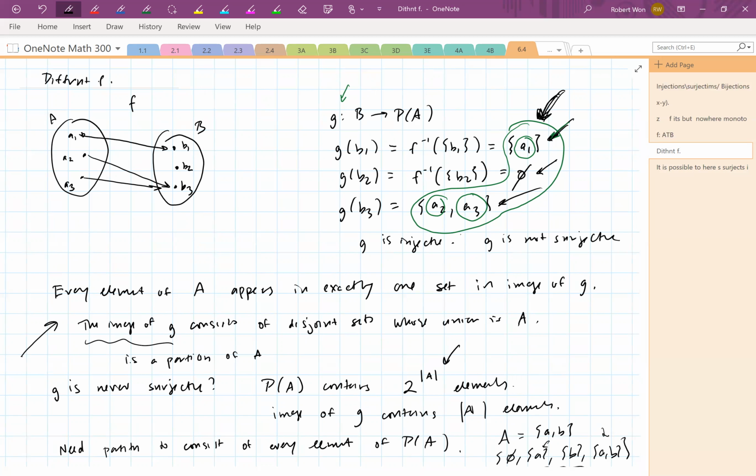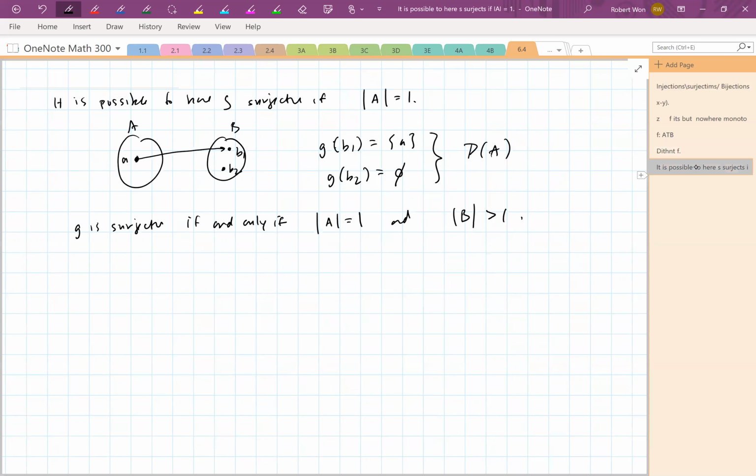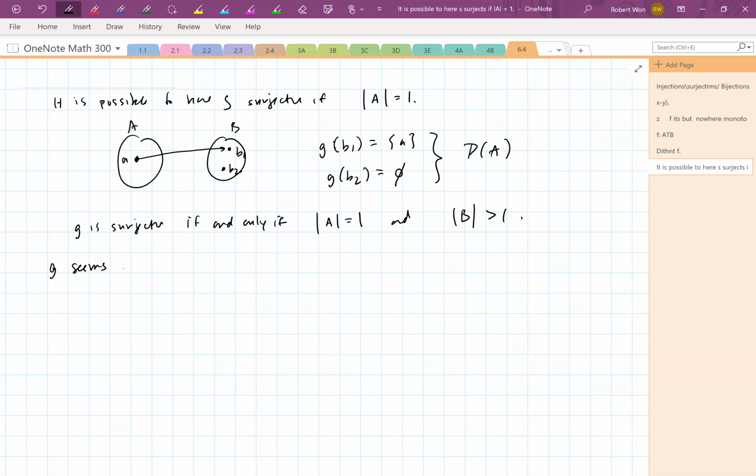So the fact that they're disjoint sort of means that all the sets are different, but it doesn't, because there is a case when you could take two of the same set to be disjoint, which is if you take the empty set. So let me write that down. G seems very likely to be injective since sets in the image of G are disjoint, which sort of seems like it means that they're different,